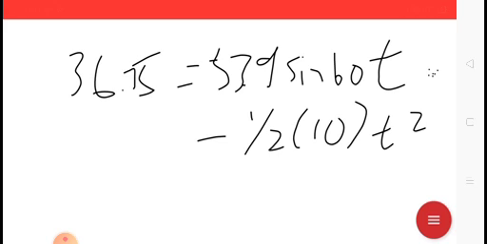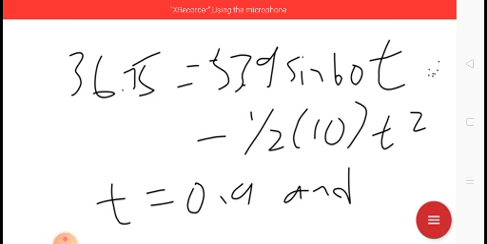If you directly show the answer only, marks may be deducted even if your answer is correct. So if you cannot factorize, you should use the quadratic formula, with b squared minus 4ac, to solve it. If you proceed to solve it, you will get t equal to 0.9